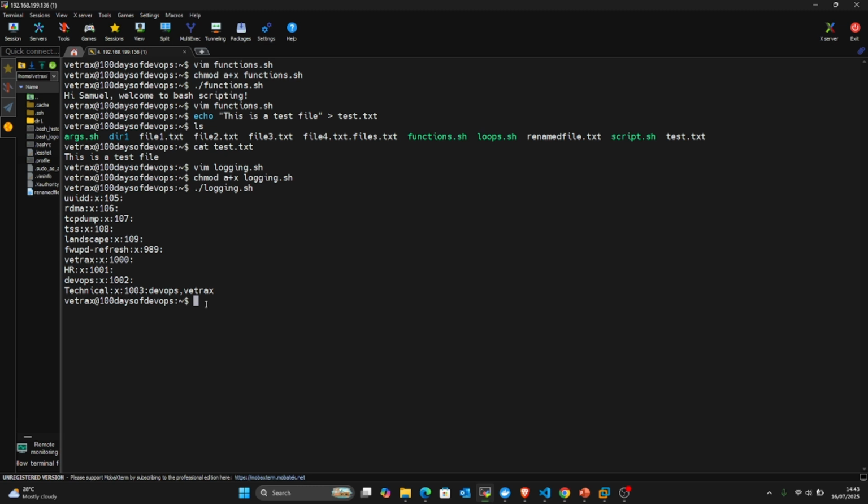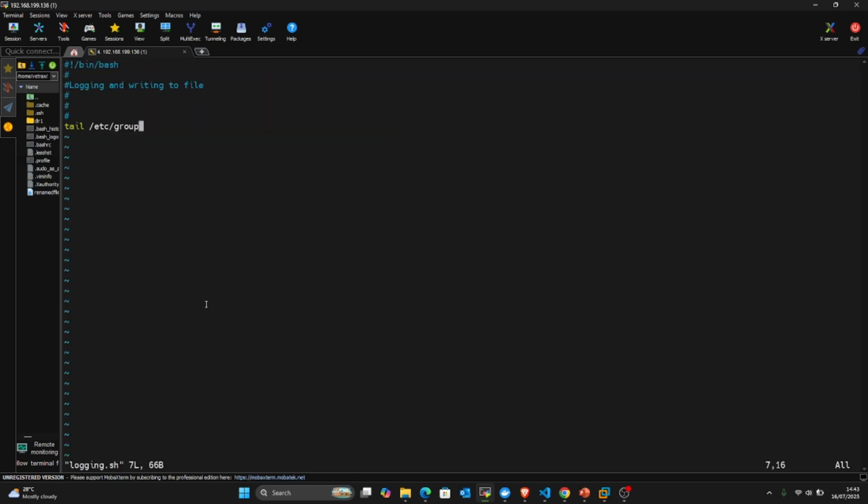Instead of displaying that log, you can redirect the output of that particular command to a file, and then you can check the file and do whatever you want to do with it. So I'm going to go back. Now I'm going to redirect that output to